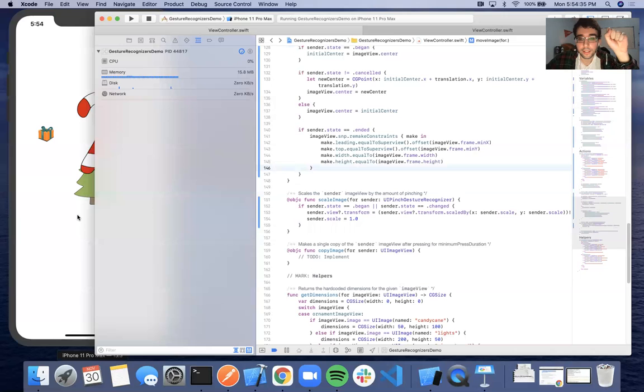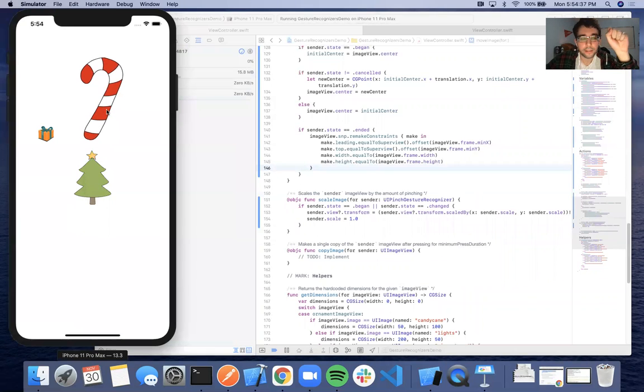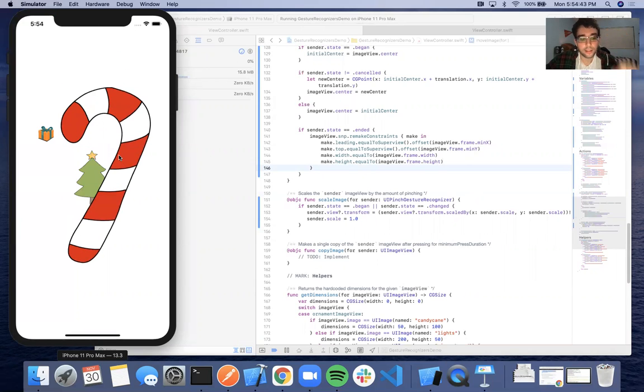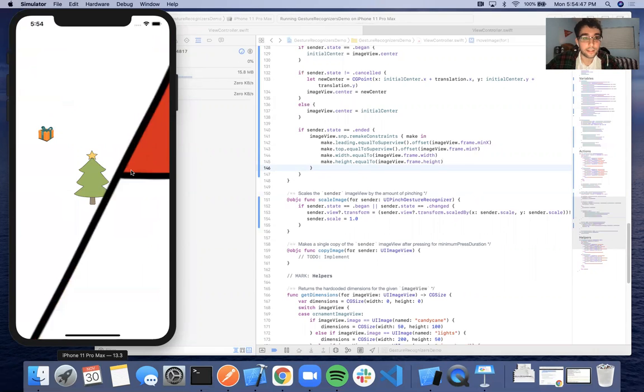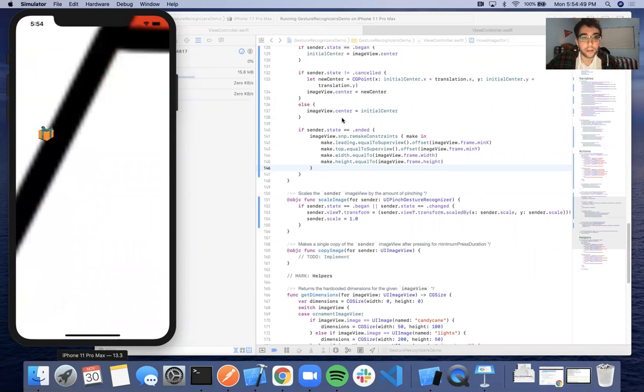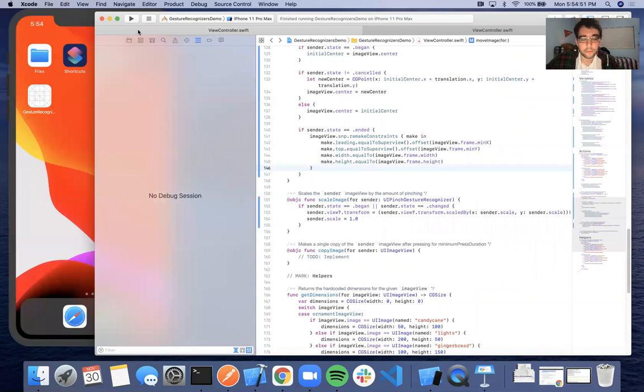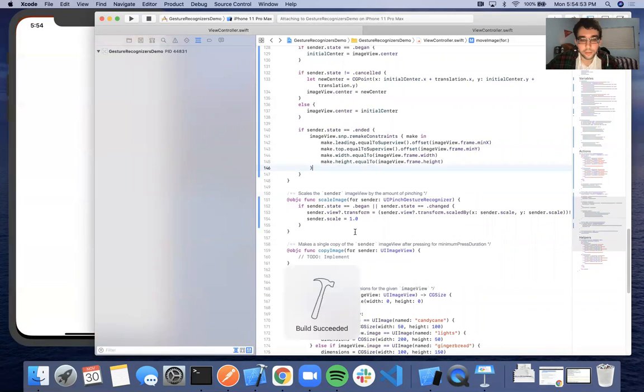And because we're changing that, every time we move this around, that transform scaling is being applied to the new size. If we were to excessively make this big and were to move it, it's going to get very, very big. So to fix this, what we can do is